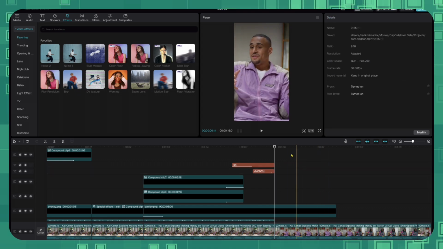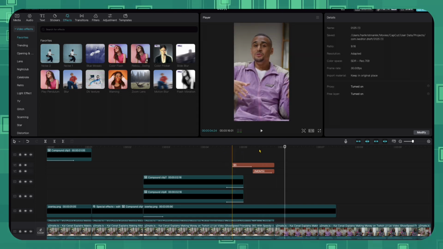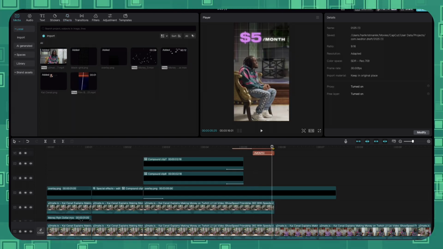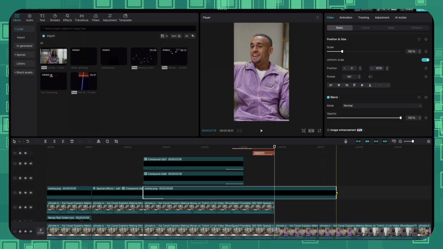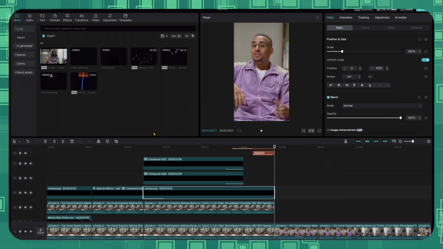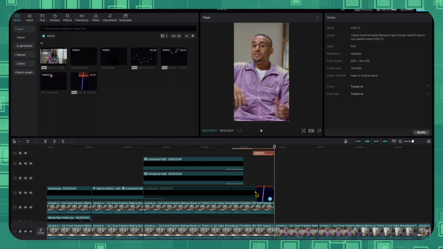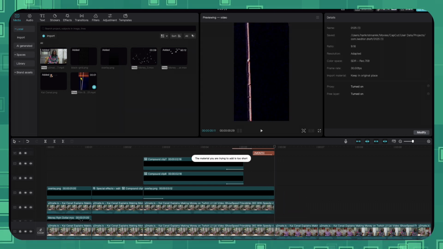Delete this one. That are paying $5 a month. So moving to the next section. Before that, let me clean up this overlay. I only need it till this point, so let me trim it till this point. And the next section starts with a film burn transition. So let me use a film burn transition somewhere in between this